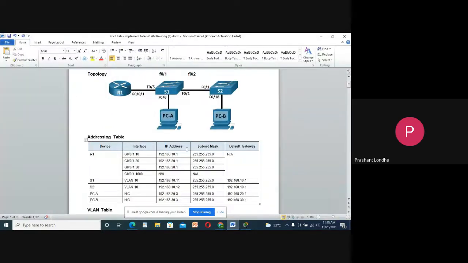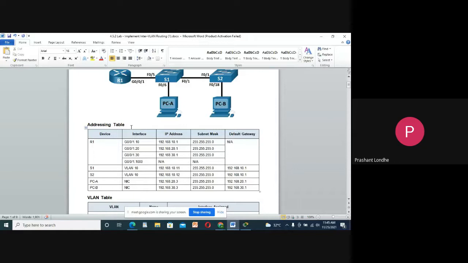Now let us go to the addressing table and find out what kind of addresses I need to store. Here I have to make some virtual interfaces. You can see 10, 20, 30 and 100 are my virtual interfaces, and they have certain IP addresses.